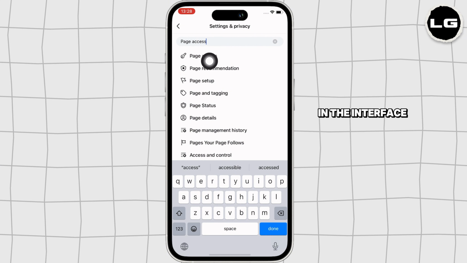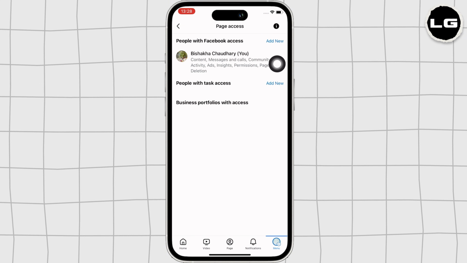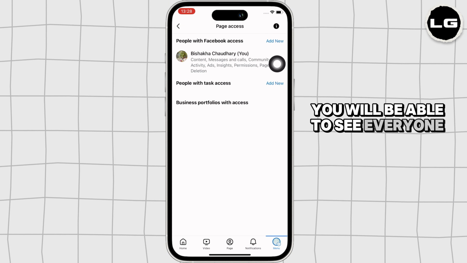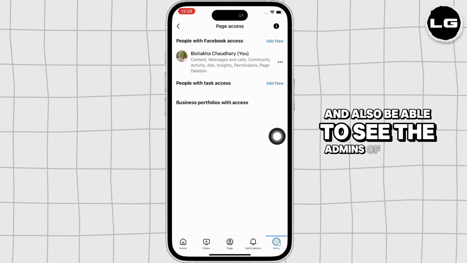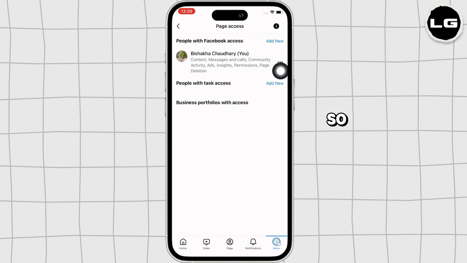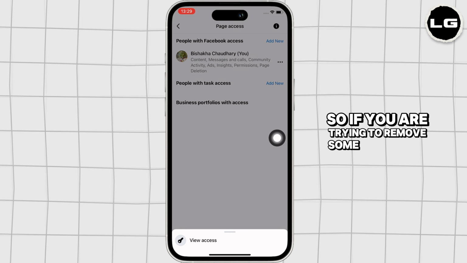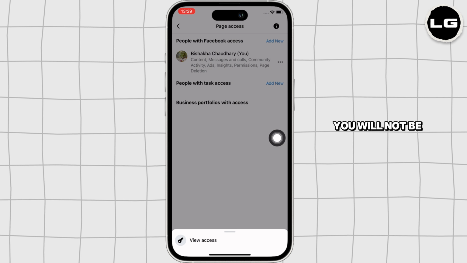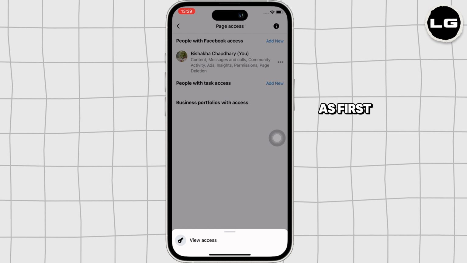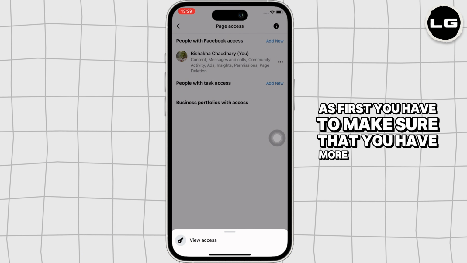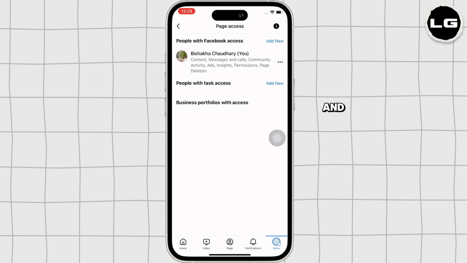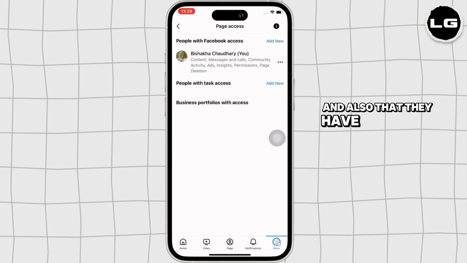In the interface that you will be led to, you will be able to see everyone who has access to your Facebook page and also be able to see the admins of the page. So, if you are trying to remove some admin here, you will not be able to do that, as first you have to make sure that you have more than one admin and also that they have given you the